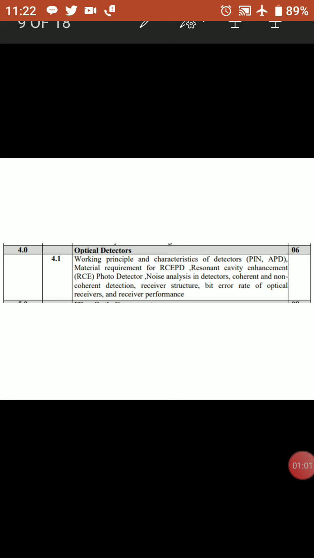how the amplification is done at the receiver end, because it is communication between the transmitter and the detector, and the communication is by using light waves. Light waves will travel through the optical fiber, and we have to convert those light waves into electrical waves at the receiver end. The receiver end is called a detector. So this is all about the fourth chapter.